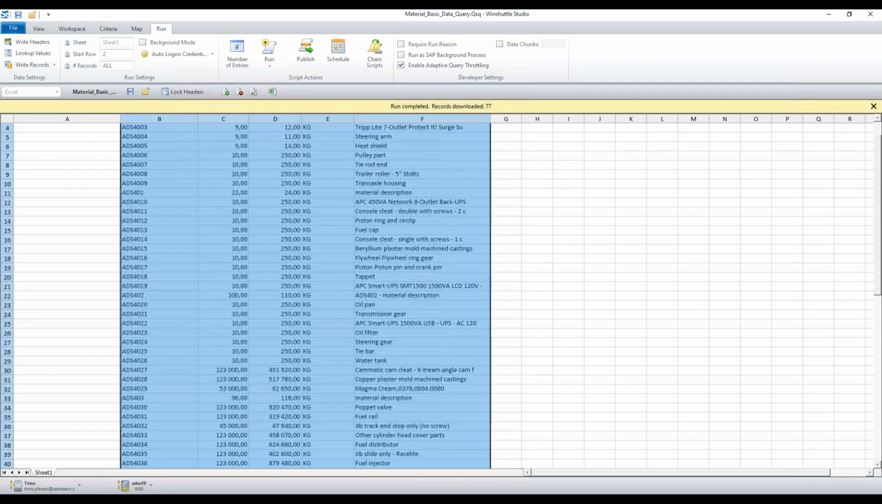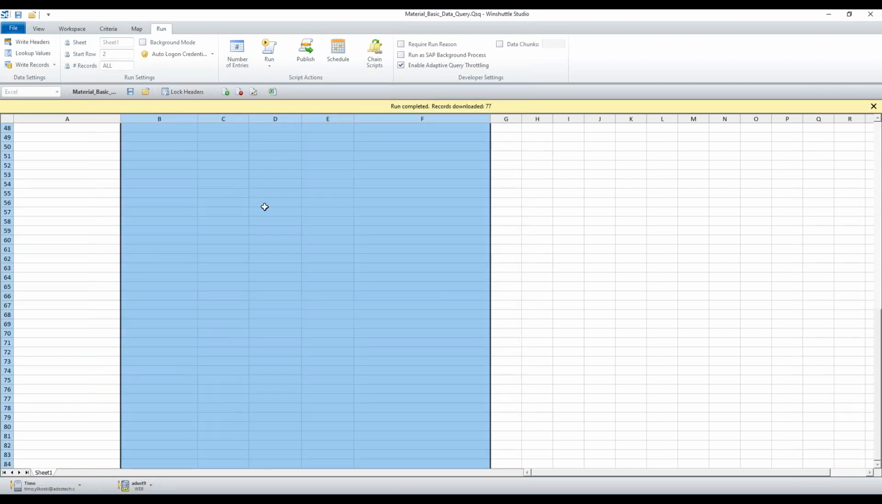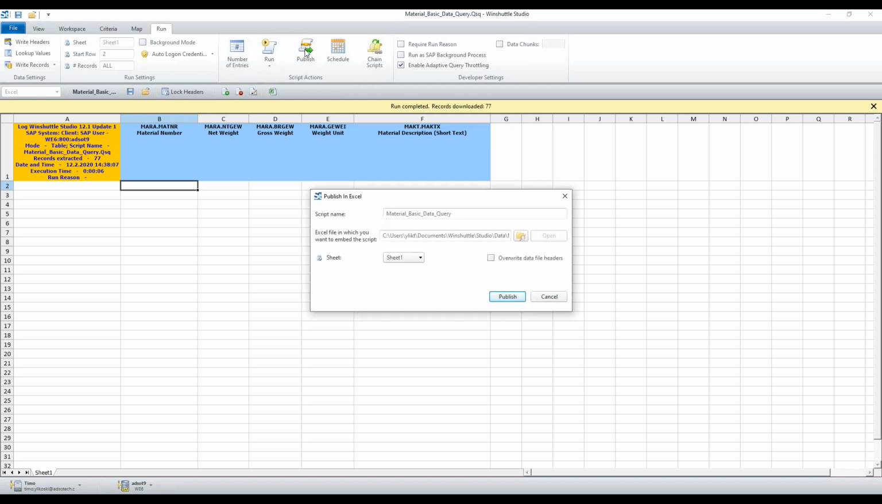Now I will clear this data, so let's delete that. So we have a blank template. I could then further fine tune this, maybe change some of the headers if I wanted to. But what I want to do now is the publishing. I think we already tested this with the transaction script earlier, so it's the same when you are publishing query scripts. If you're not familiar with the publishing process, it embeds the Winshuttle script into